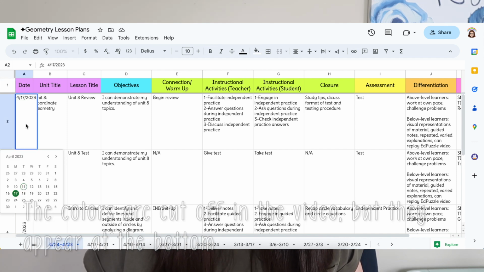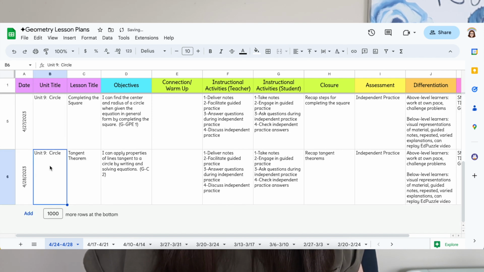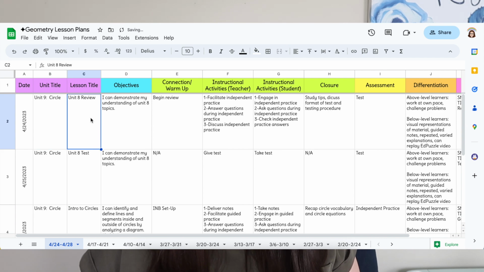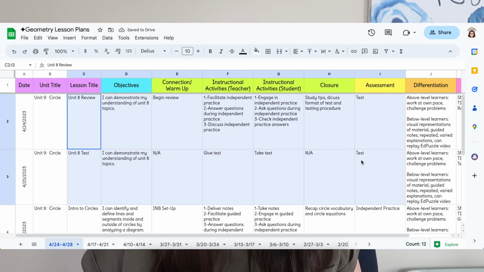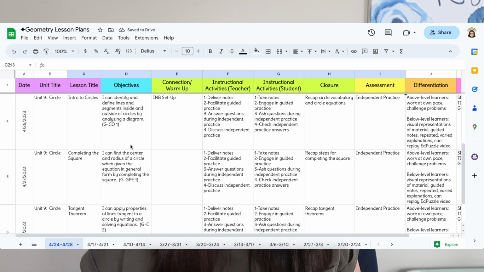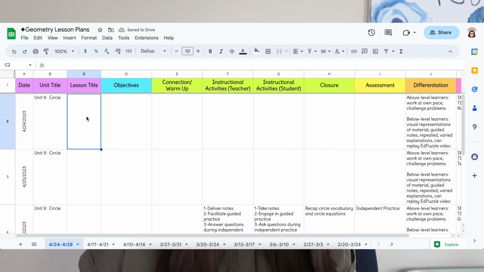So I'm going to go through the date. I'm changing every date to be the following week. Then I'm going to update my unit titles. So the previous week I finished one unit before starting the next. I'm going to delete some of these that I know are not going to be useful for the current week. And then I'm going to start adding in my